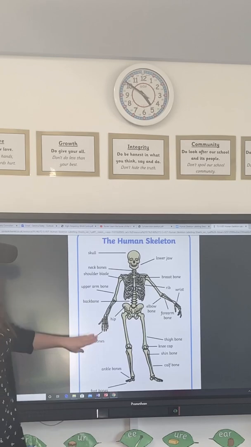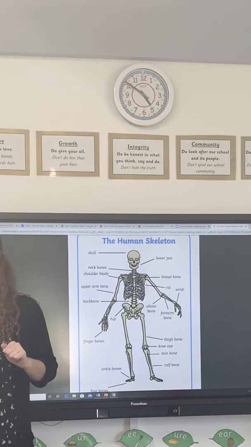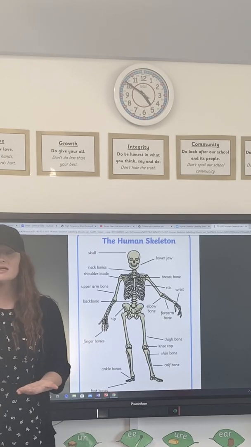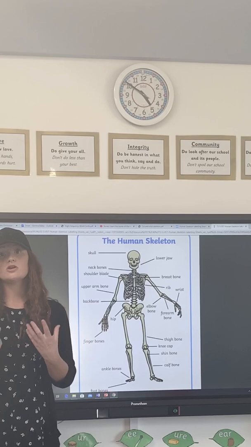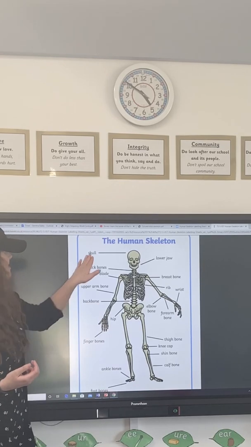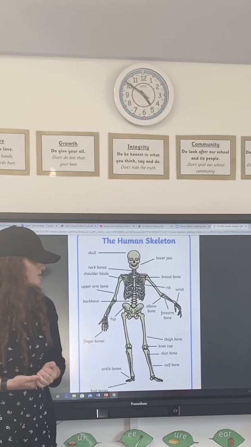So you're going to put your skeleton together, and then you're going to label the bones. And then on a separate piece of paper or on a notebook, wherever you like, you can say exactly what each of those bones does. Or you might even add it on here if you've got space. But my writing's quite big. So I might put something like